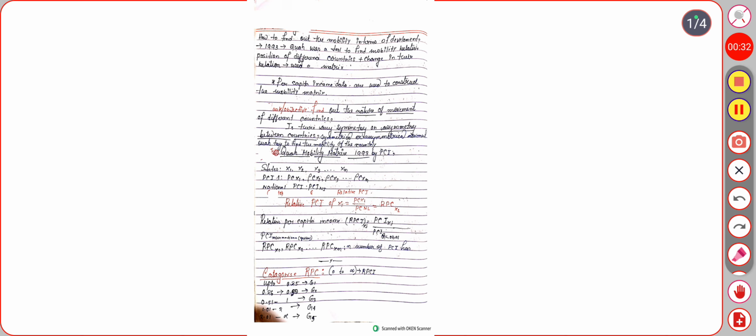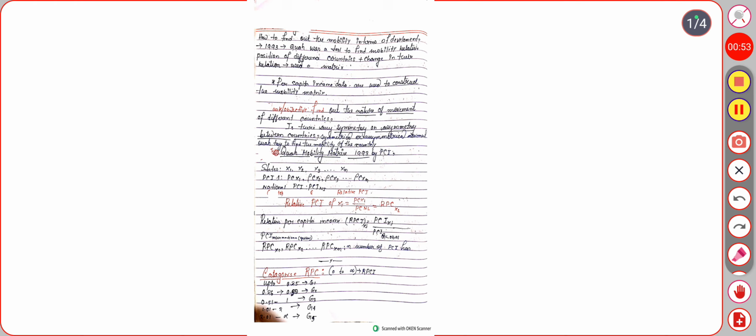Is there any symmetry or asymmetry between countries? Symmetrical and asymmetrical movement. We try to find the mobility of the country, the mobility matrix 1993 by per capita income. Consider different states in a nation